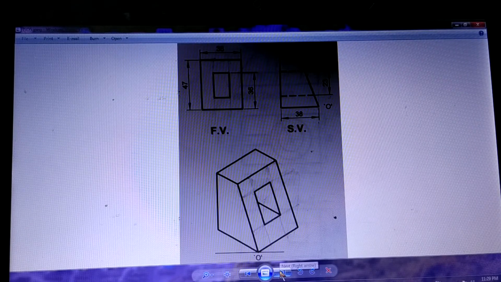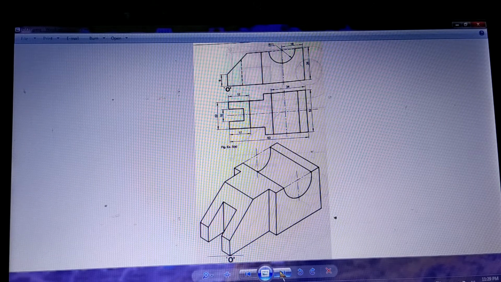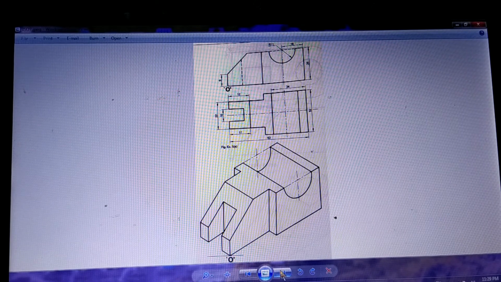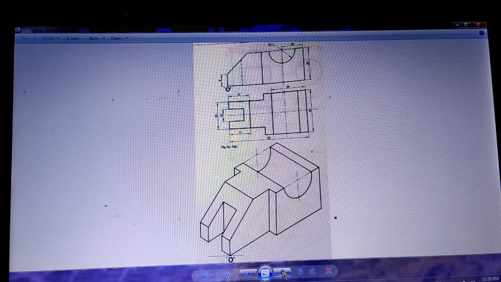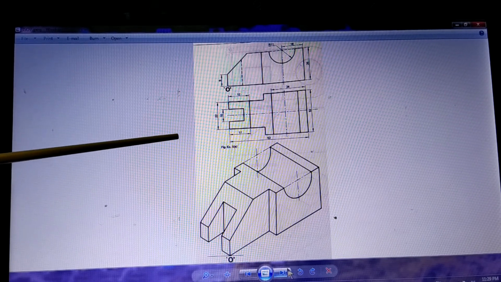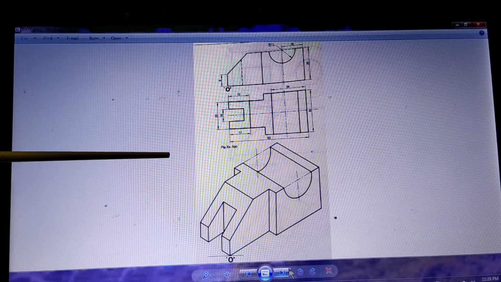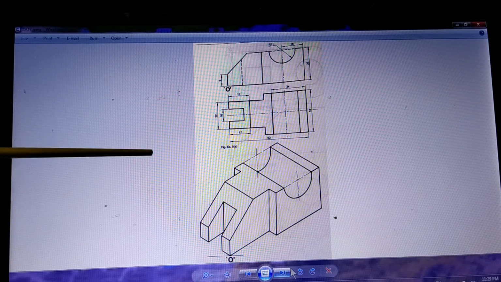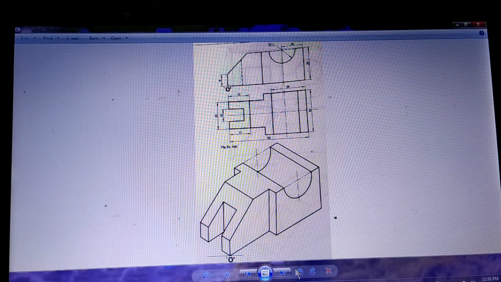So I explained to you this problem and the second problem and the third problem. So these are the problems which we have discussed, and you will be able to draw now figures similar to this. Now I will be giving you assignments. Those assignments will be different figures than these three. These three you have to just study, and I will give you different figures for the assignment purpose, okay, which you will see on the Google Classroom.